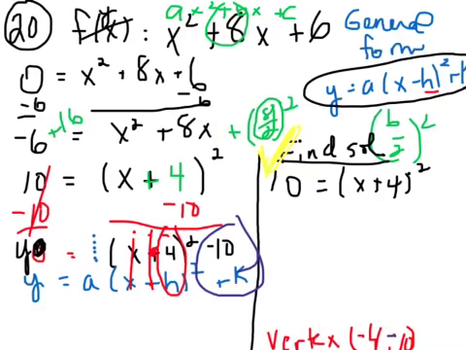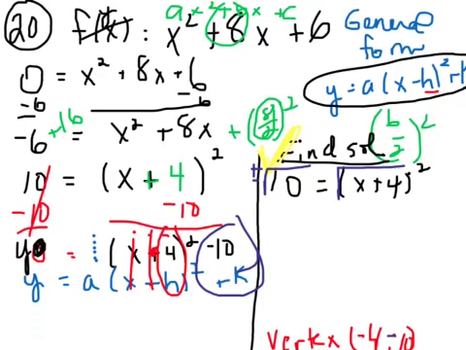I could find it using this method, because here I've got my x and it's squared. I can solve for x here by square rooting both sides, and every time you square root, you have to write a plus and a minus every single time, no matter what kind of problem you're doing, because two things square to get a positive 10,